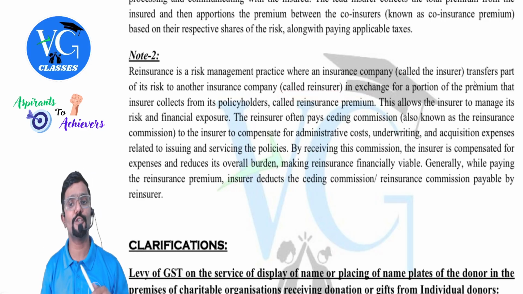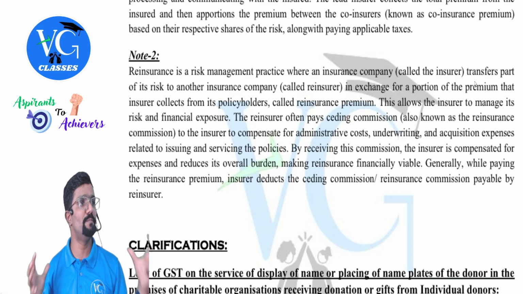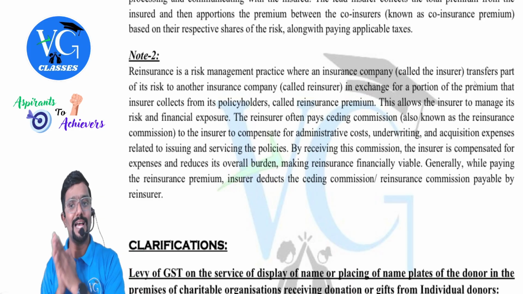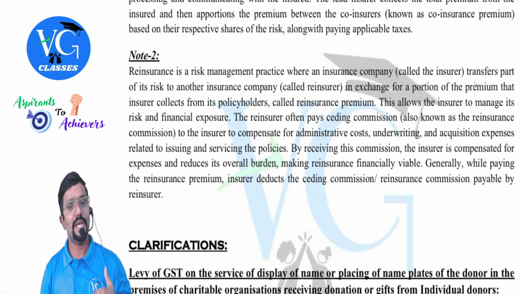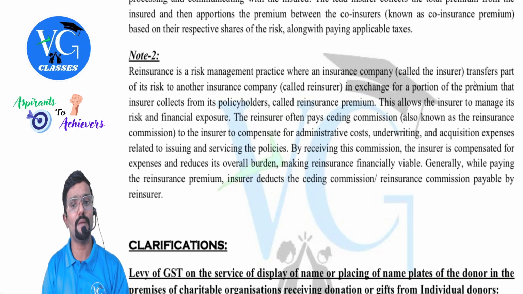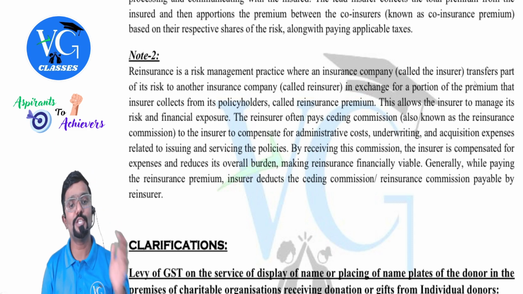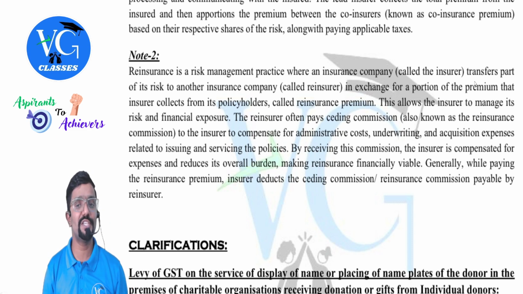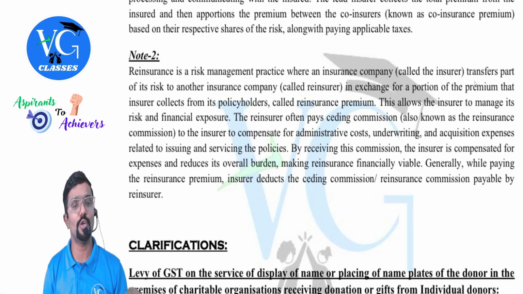In exchange for a portion of premium that the insurer collects from its policyholder, what is called as reinsurance premium. This allows the insurer to manage its risk and financial exposure. The reinsurer often pays ceding commission to whom? Also known as reinsurance commission, to the insurer to compensate for administration cost, underwriting and acquisition expenses relating to issuing